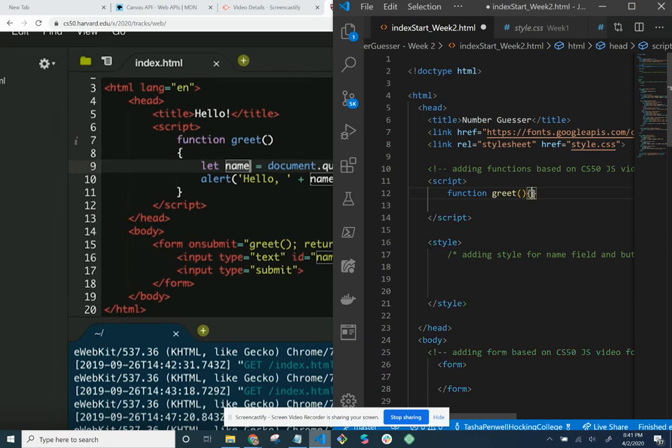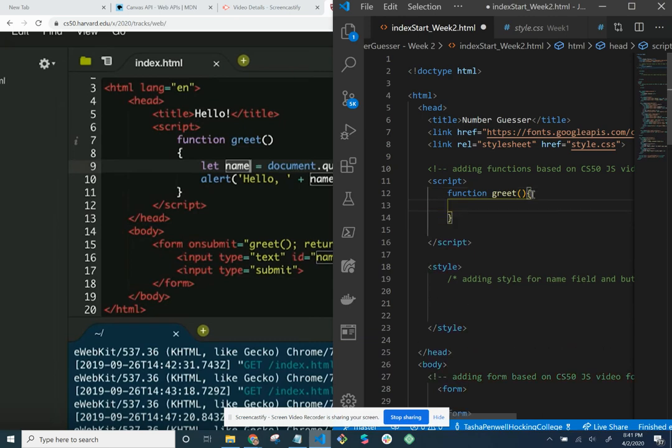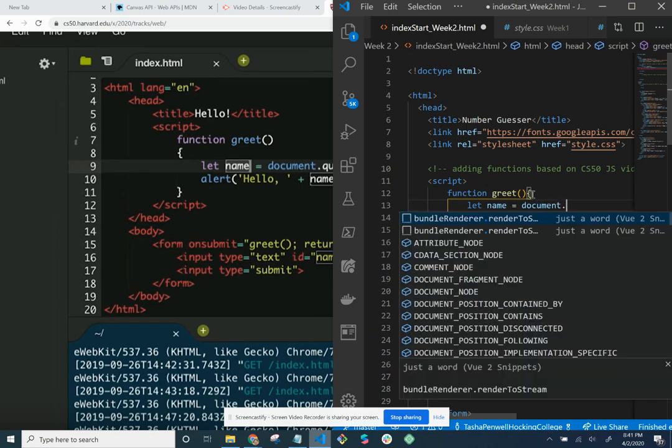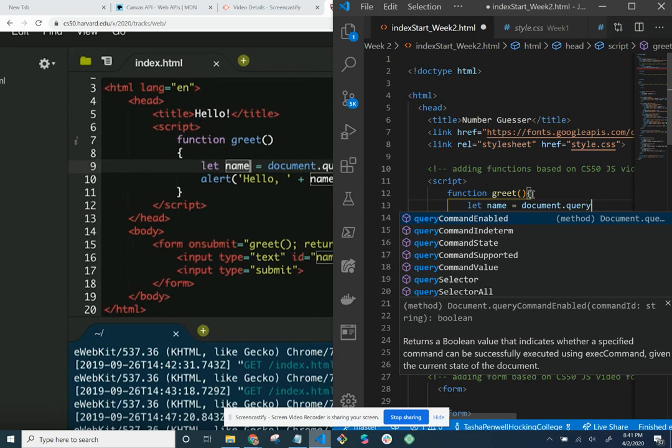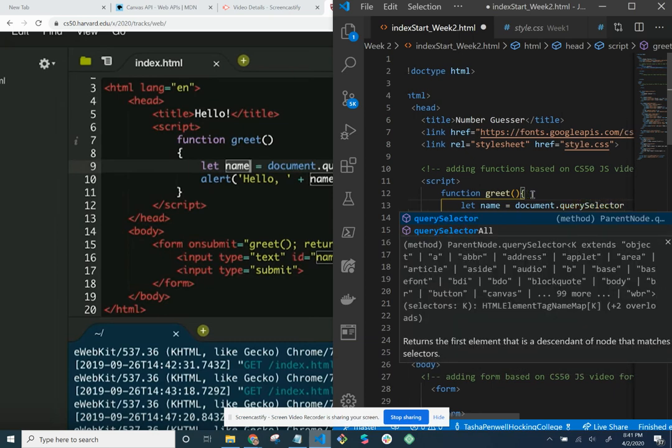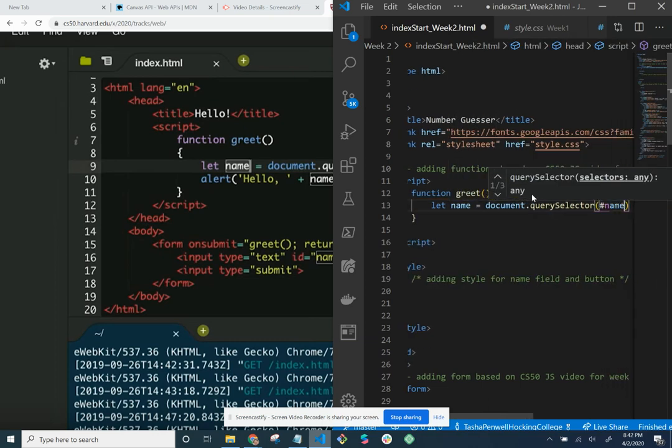We do the open curly, and we're going to declare a variable, let name equals document, which is basically looking at this document, query selector. He goes more involved in what a query selector is in the video. Let him explain that because I really want you guys to watch this video. Query selector is going to be name